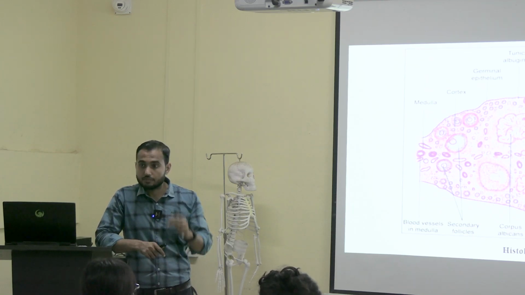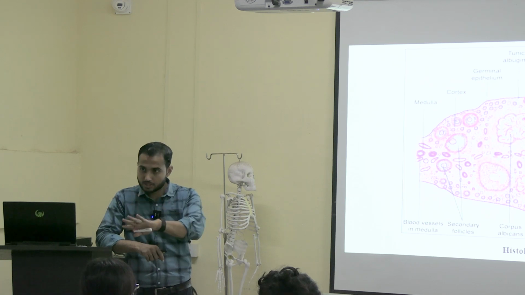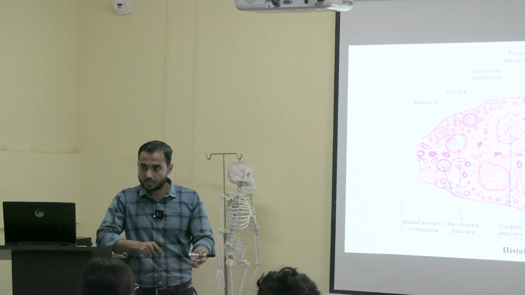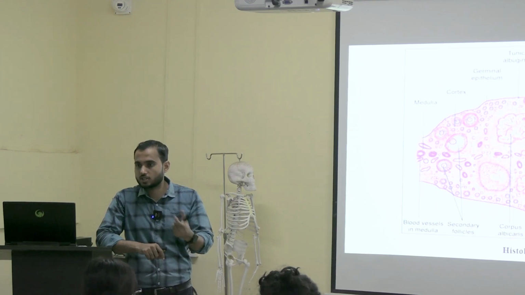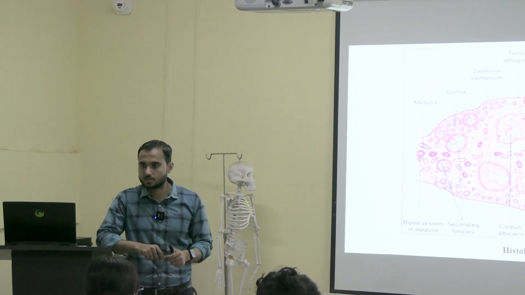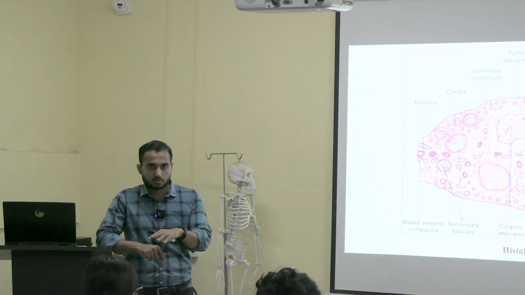Yes. Albicans is the degenerated one. Corpus luteum after degeneration forms a white fibrotic mass or white fibrotic tissue. That is called corpus albicans. After ovulation, okay,